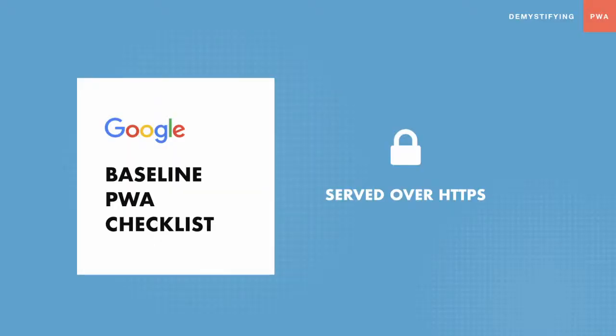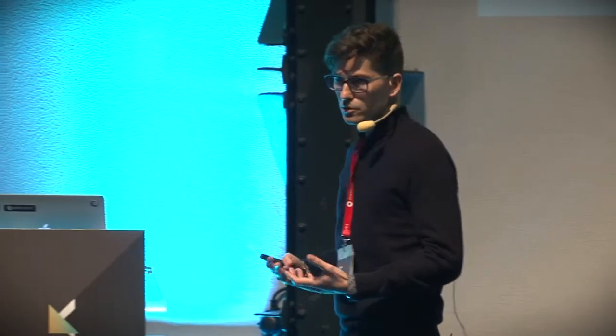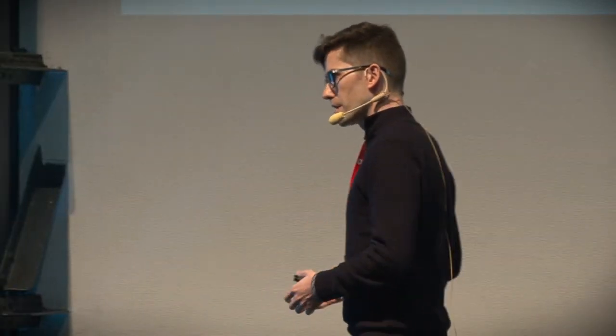So let's start on the second part of the presentation. And like I said, the objective here is to help you build a baseline PWA. What's a baseline PWA? Google has two levels to define progressive web apps. They have the baseline, which we can say is an application that has the minimum stuff to be considered as that. And then there's the